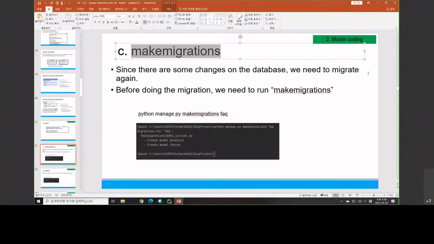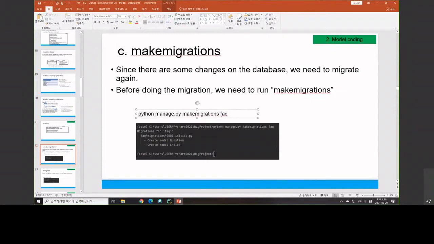So what does it mean by make migrations? In this case, I would like to make sure that the changes in the database will be applied to the web. So we will do the make migrations. This make migrations will be